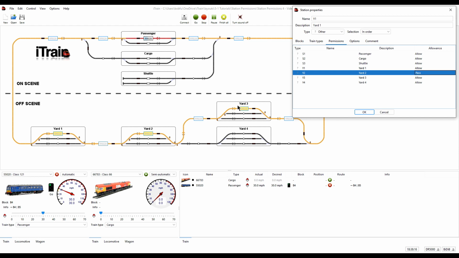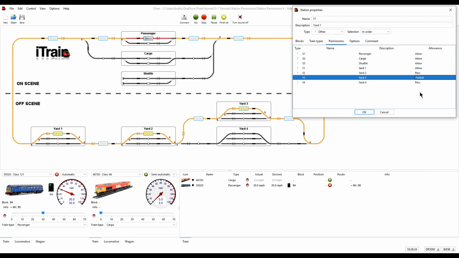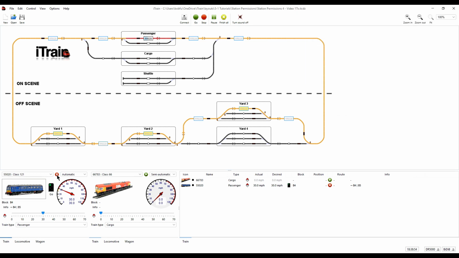We don't want the train to have to stop and wait in any of these, so for Yard 4, let's set that to pass. And for Yard 3, to do something different, let's set that to forbid. So iTrain will completely avoid using Yard 3. Press OK to save it, then stop